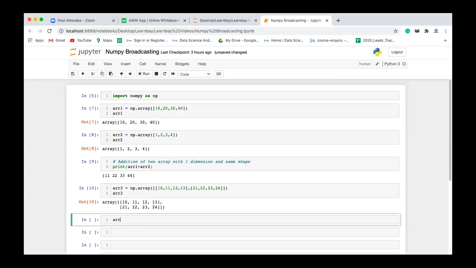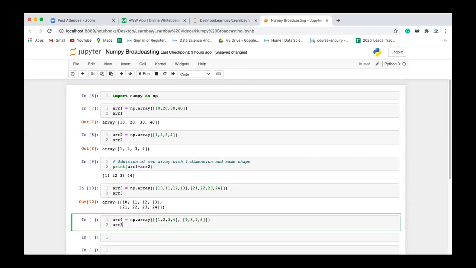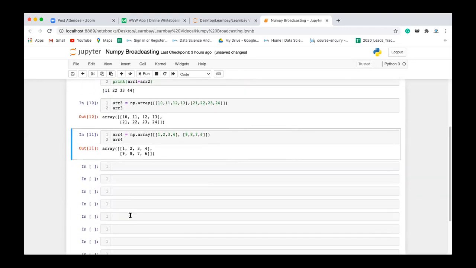Let's take array4. So array4 is equal to np dot array, and we have 1, 2, 3, 4, and 9, 8, 7, 6. So array4 is this. Clear? Now let's perform array3 into array4.